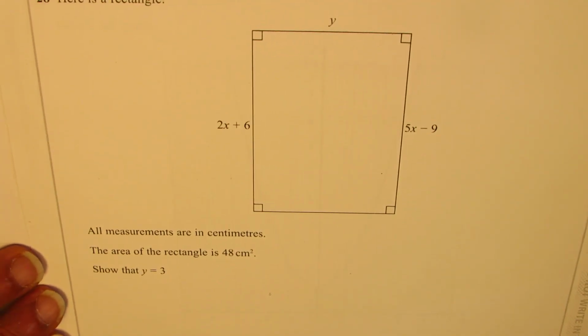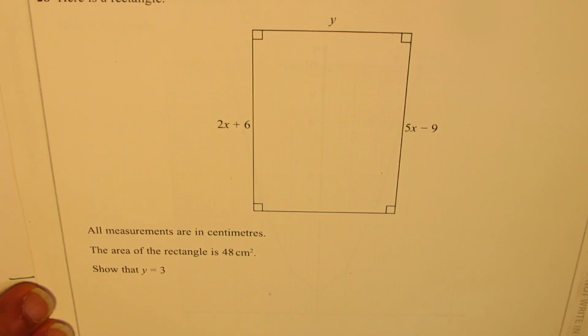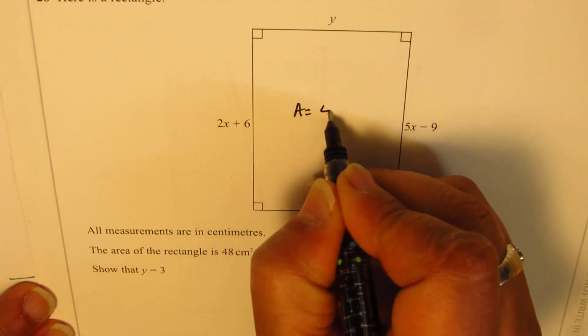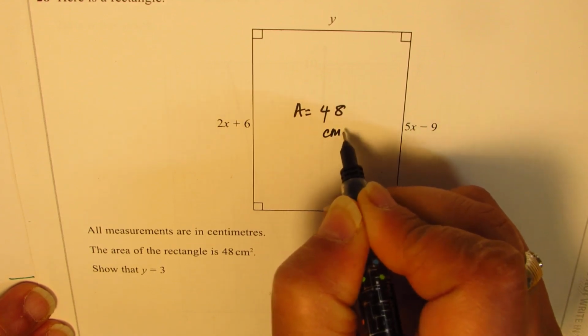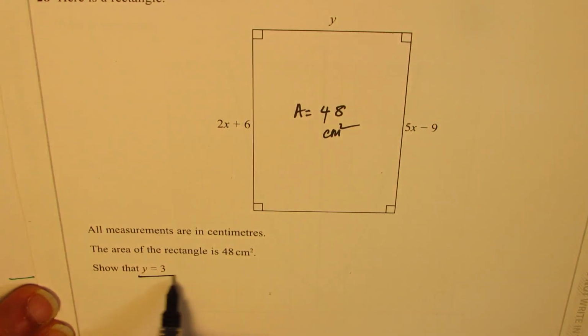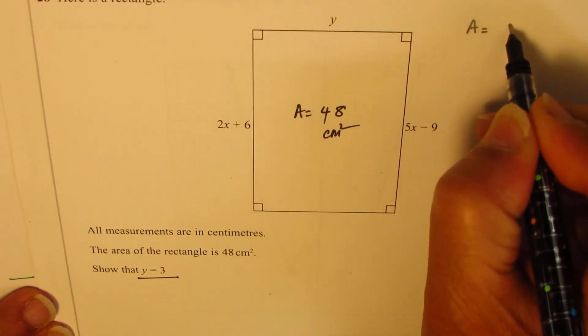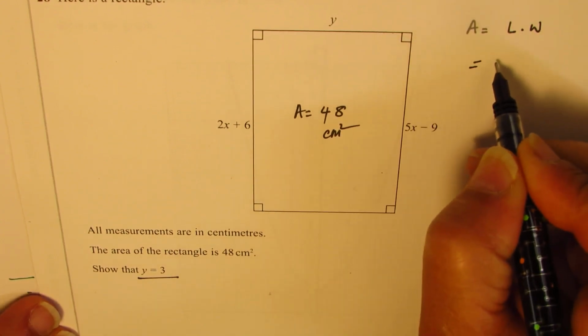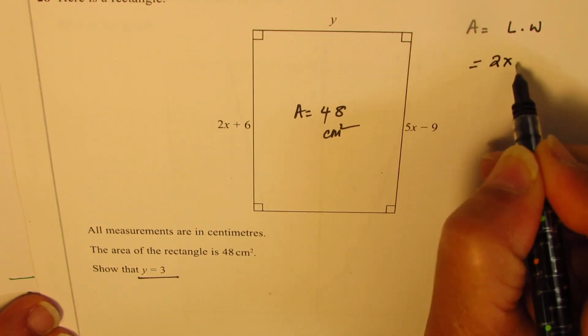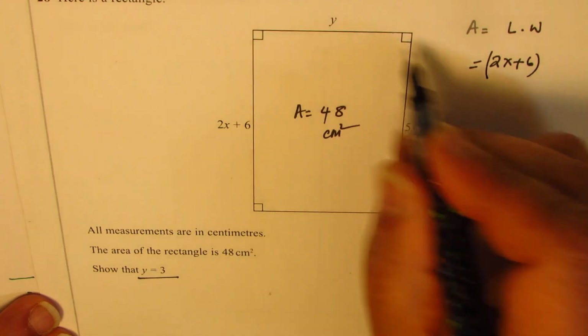Question 28. Here is a rectangle. All measurements are in centimeters. The area of the rectangle is 48. So area is given to us as 48 centimeters square. Show that y is 3. Okay, so area is given. So area is length into width. We know area is length times width. So in this case, we can say 2x plus 6 times y